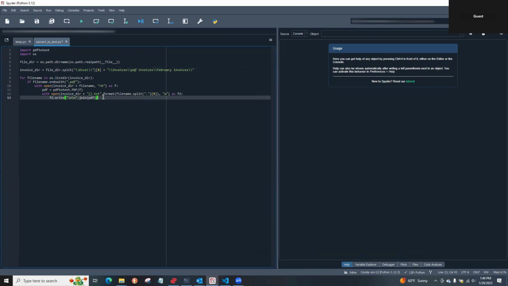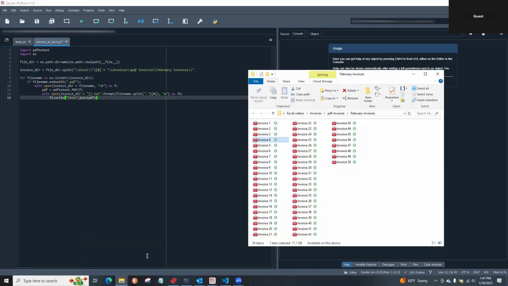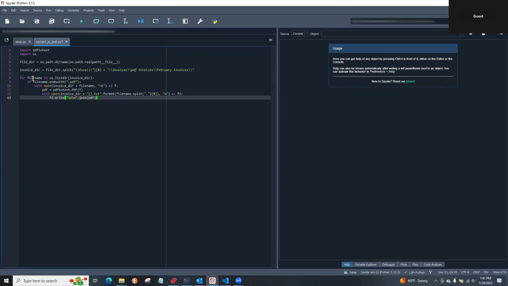essentially enables the user to go through a number of items. It doesn't matter what kind of items you have or how many of the items you have. That's the big advantage of the for loops. In our case, we have invoices in this directory. We have 50 invoices, and in this code, what it's saying, I believe, is for file name in invoice directory,